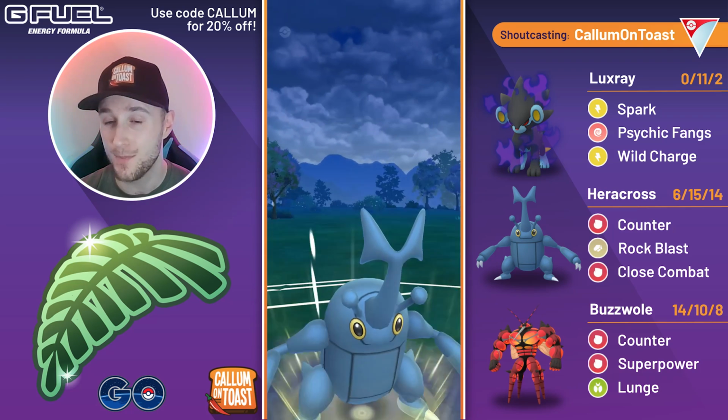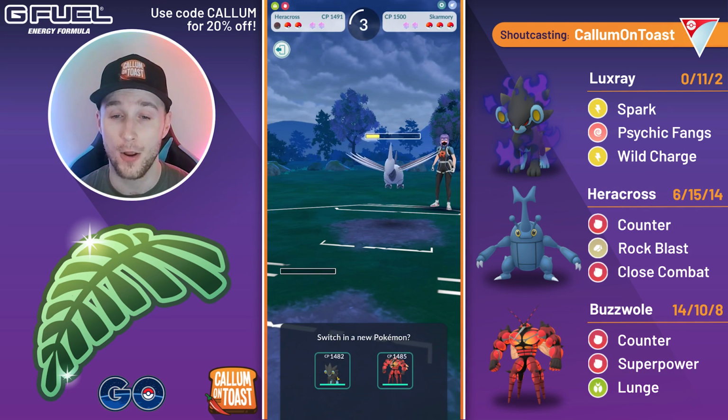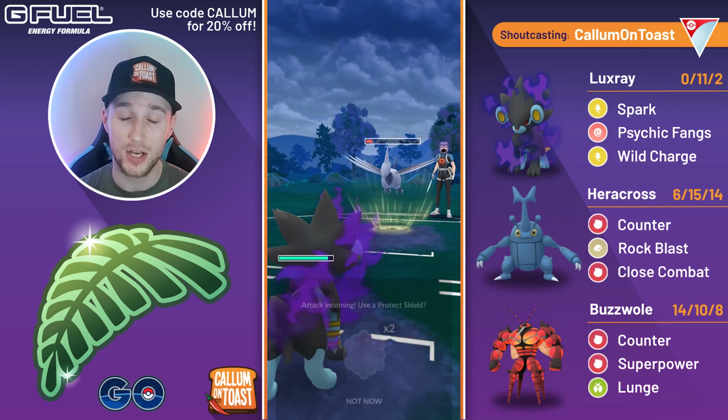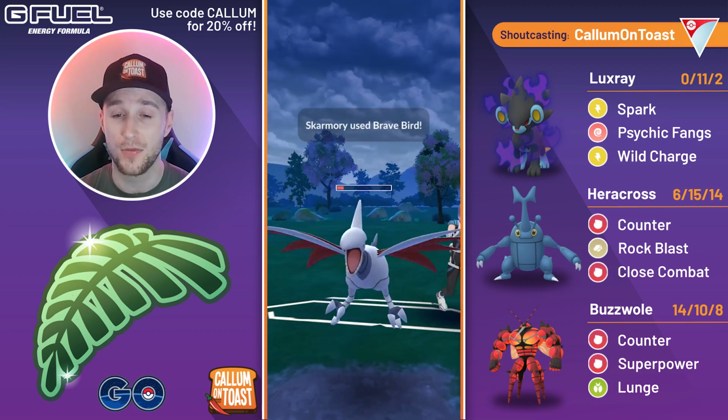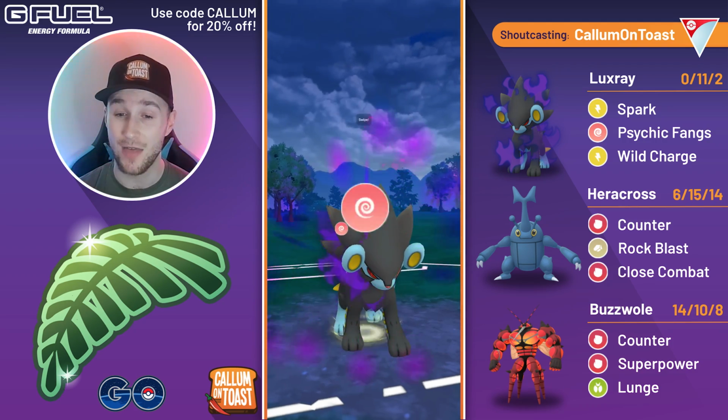Unfortunately barely don't make it to back-to-back Close Combats, but the first one goes unshielded, and that is a smart play from the opponent there, recognizing they can live anything we can possibly throw. And now we're going to come in with the Shadow Luxray, and likewise, I'm also going to let this move go through. Brave Bird does huge damage in this matchup, and then they come in with Clodsire, and this, honestly,